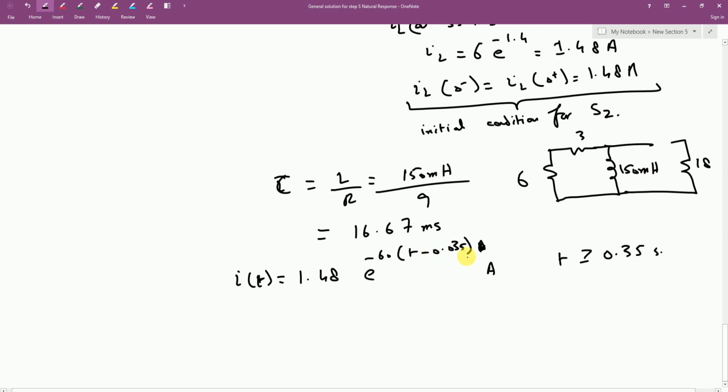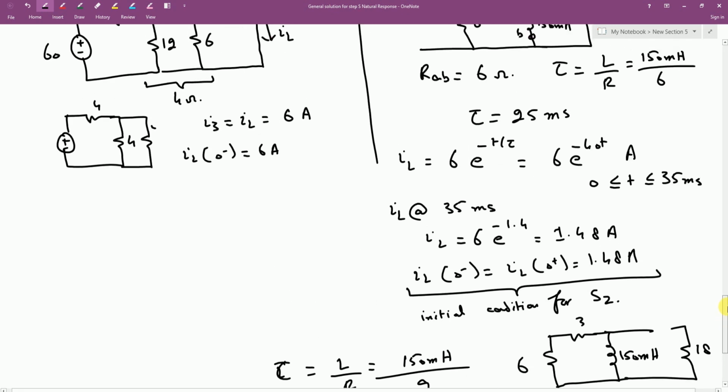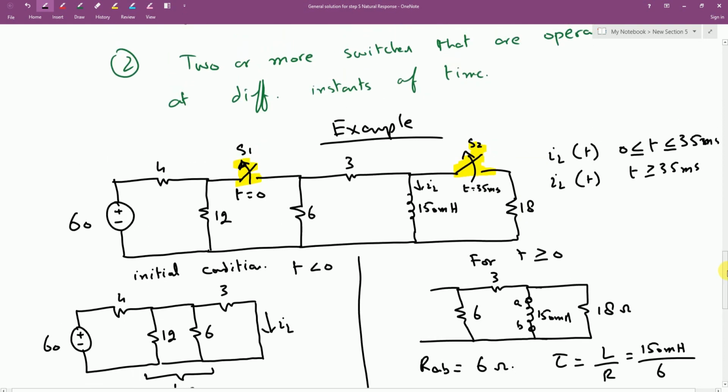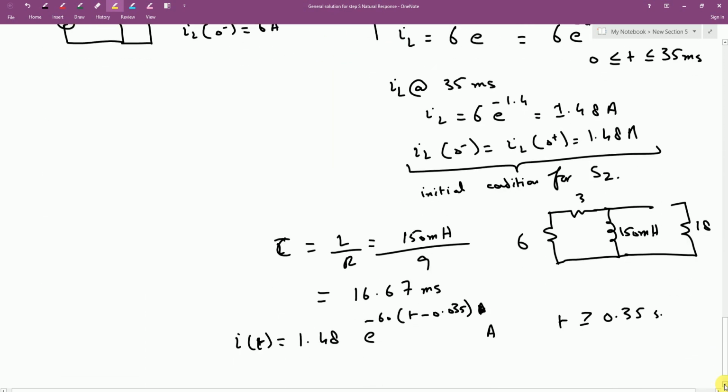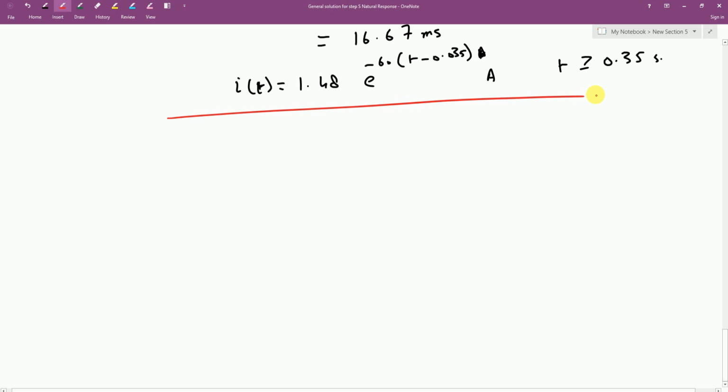So there could be a lot of other questions that can be given from the examination point of view. For instance, we can say find out what is the total energy which was stored in this inductor and was dissipated, and how much of that is dissipated in, for example, this resistance or this resistance or this resistance. That requires the same procedures that we have for the first order circuit containing the inductance and the first order circuit that contains the capacitance. So let us move on to an unbounded response.